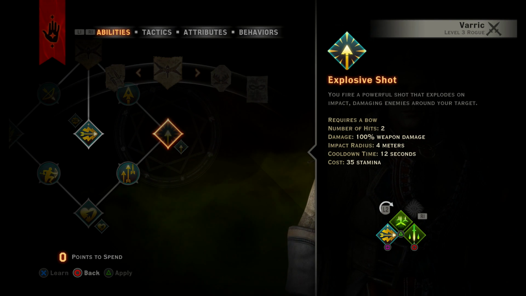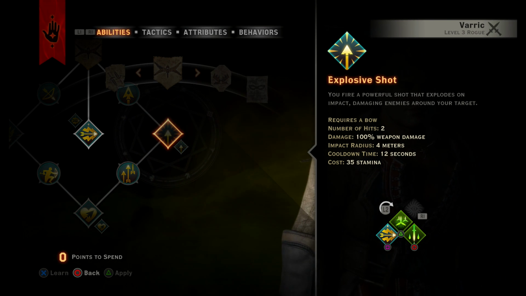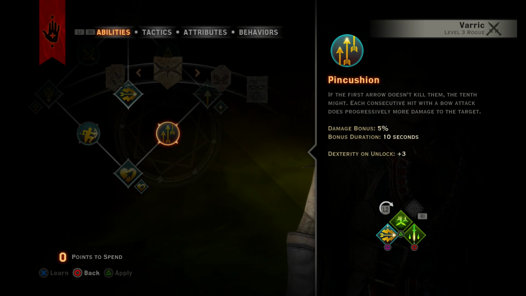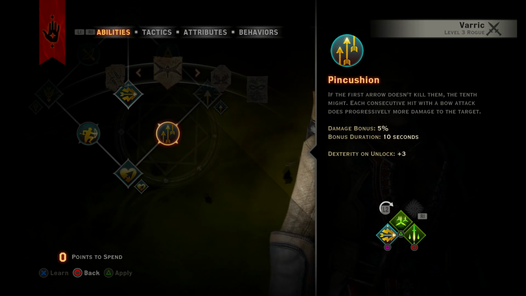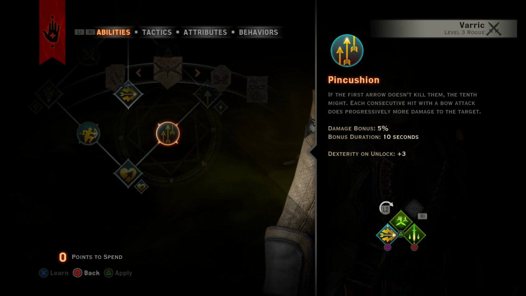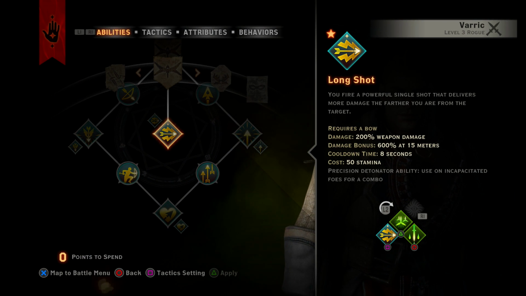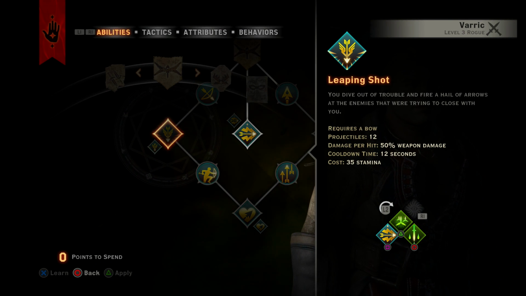Explosive Shot, you fire a powerful shot that explodes on impact, damaging enemies around your target. So that has even AoE effects, or attributes, I mean. Pincushion, if your first arrow doesn't kill them, the 10th might. Each consecutive hit with a bow attack does progressively more damage to the target. Wow. So he has that crossbow. So I'm definitely gonna have to send him down this tree as well